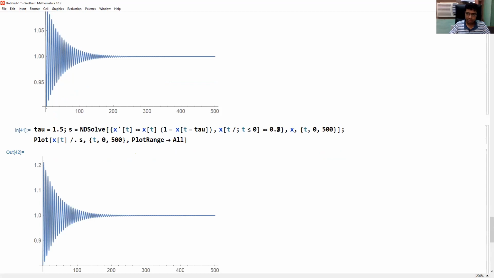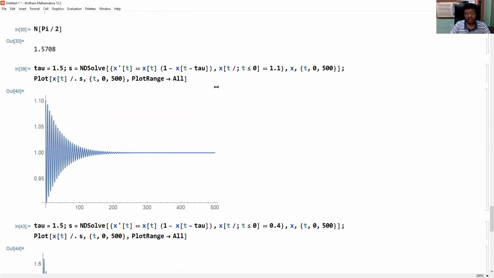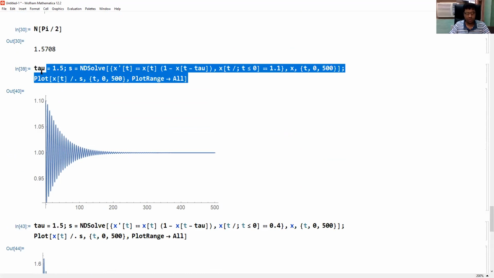Again, same thing. We may take initial condition, say 0.4. Again, we are getting convergence. We may take beyond one, say initial condition two. Of course, we need to take very small initial condition in a small neighborhood of equilibrium. It may be a function, not necessarily constant, but it should have a norm which is very small.